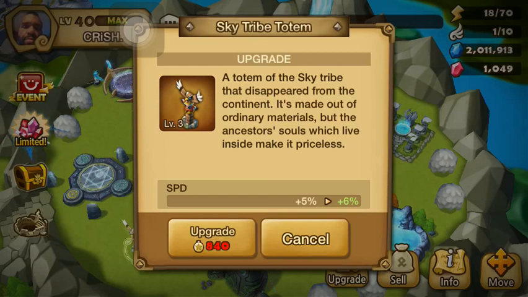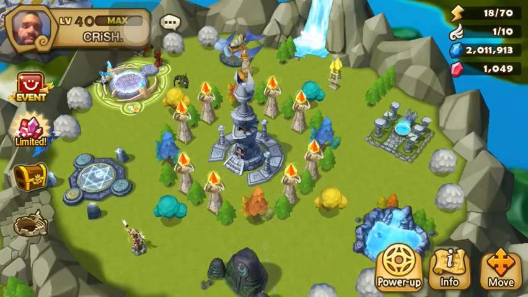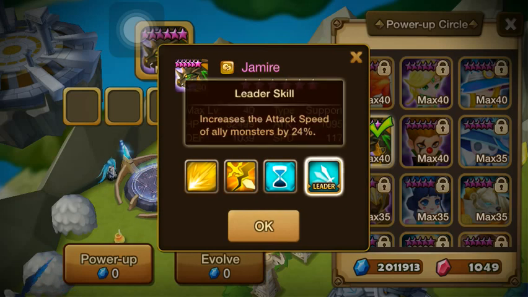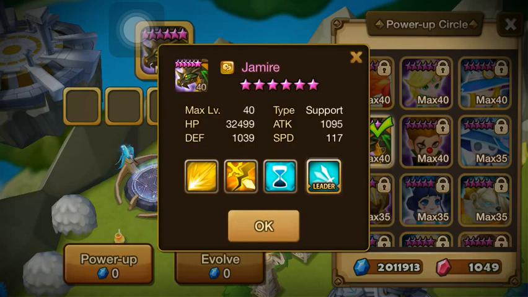applied to the base. So if you have a unit with 100 base speed, and you have between the leader skill, like in my tower, right here I got 5%, and then for Jameer, I have 24%, there it is, 24% leader skill. That's going to be 29% total. That modifier adds on to its base speed. So if you have a unit with, let's say, 100 base speed,